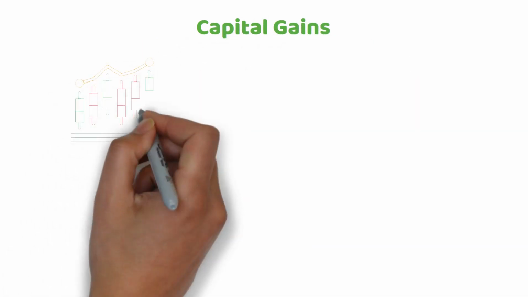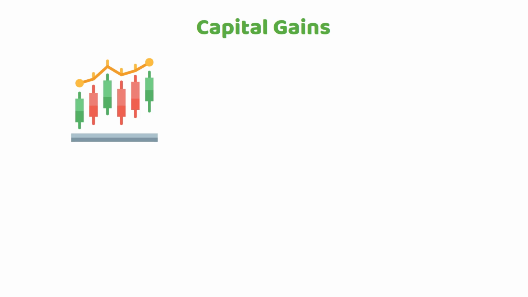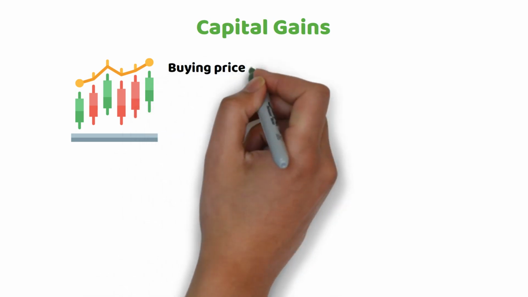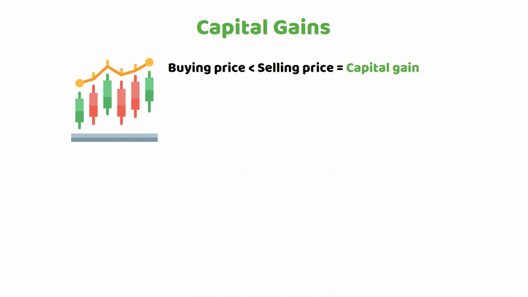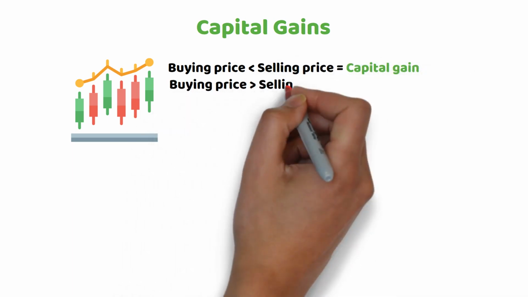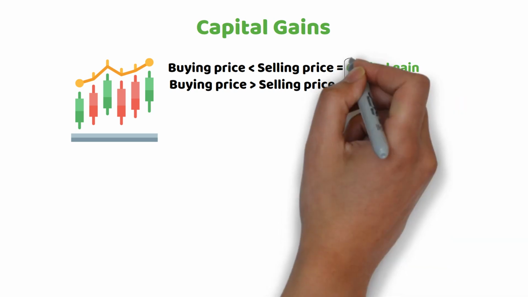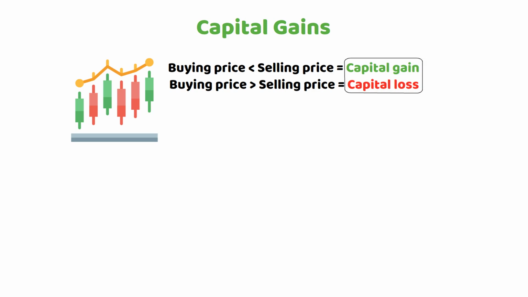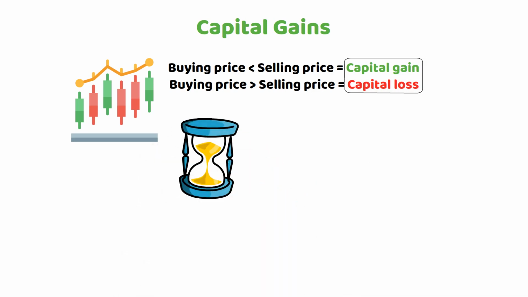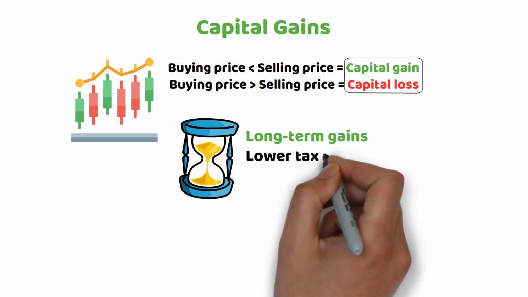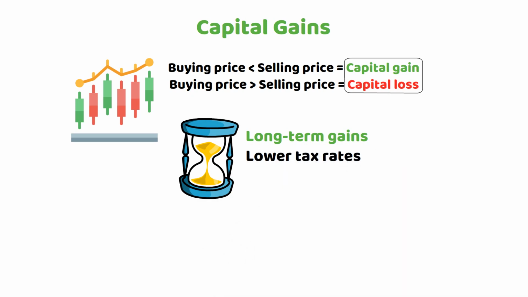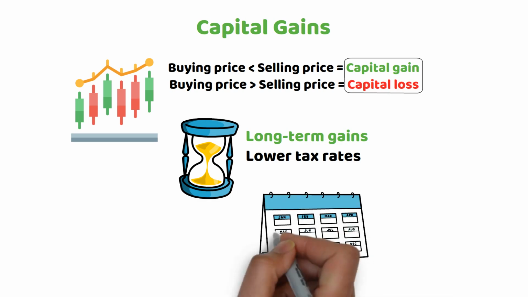Capital gains. Now, let's talk about capital assets like stocks. The tax treatment here hinges on gains or losses from their sale. If you sell an asset for more than its purchase price, you realize a capital gain. If less, it's a capital loss. The intriguing part is the netting process. Capital gains and losses are netted against each other to determine the taxable amount. Importantly, long-term gains, on assets held for more than a year, benefit from lower tax rates compared to short-term gains. Capital gains tax, though, applies only if the asset is sold during the applicable year.